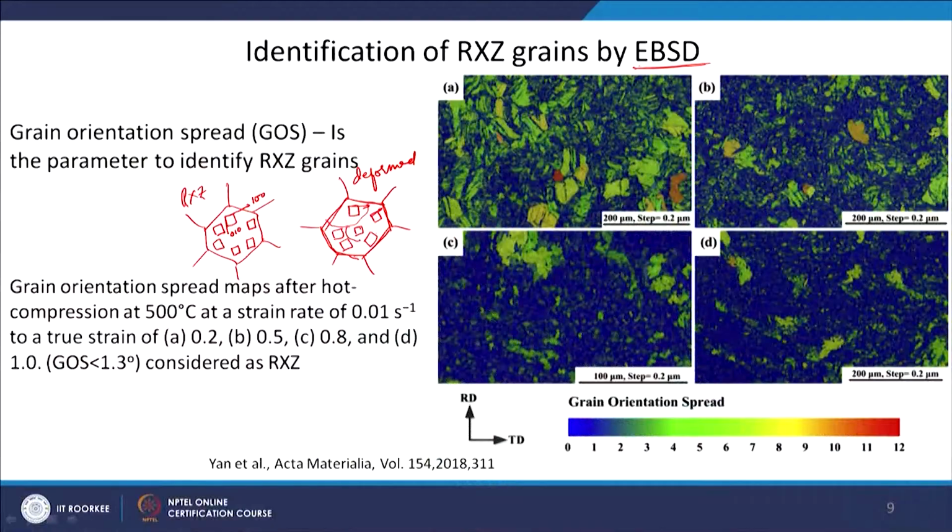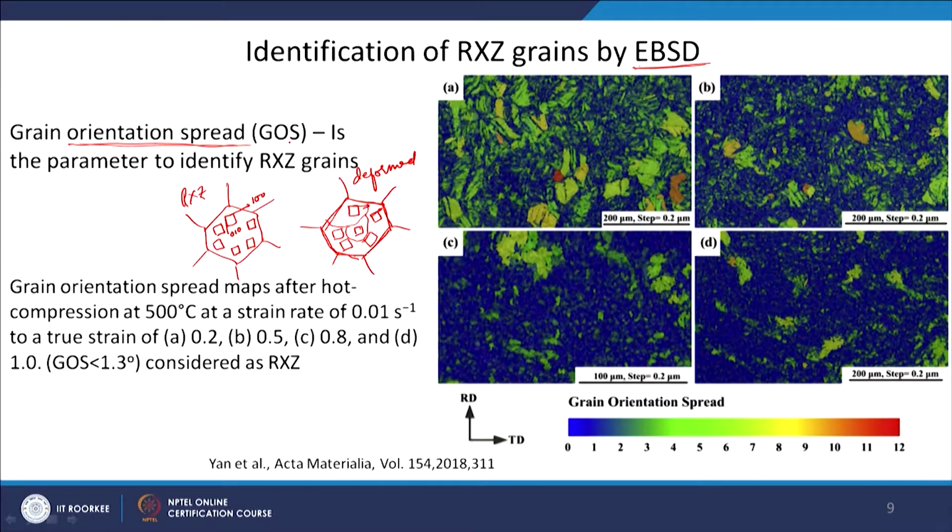Within this also I can have some subgrain like this, which has all low angle grain boundaries. So now the orientation is different at different places. This I can characterize as what I will call orientation spread. I can measure the orientation at different places and see what is the spread in the orientation. If the spread is more, that means there is deformation in the grain. If the spread is low, that means I have removed the dislocations, I have recrystallized the structure,